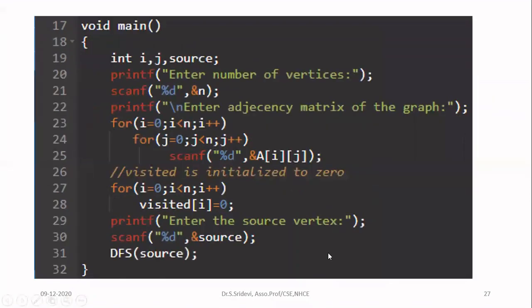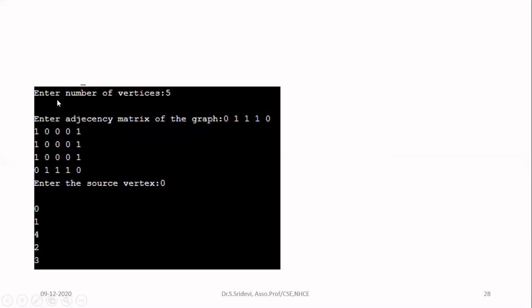Now, when you run this program, first it will ask you to enter the number of vertices. You can give any number of vertices. Here we set the maximum as 10. So I'm giving the number of vertices as 5. After that, you have to type the adjacency matrix. So before you start, you construct the adjacency matrix and keep it on paper. Then you have to type the adjacency matrix row by row. So here, this is the first row. Then I am typing all the rows, totally 5 rows are there. After that, you have to type your source vertex because you are going to start the exploration from there only. So I am typing the source vertex as 0.